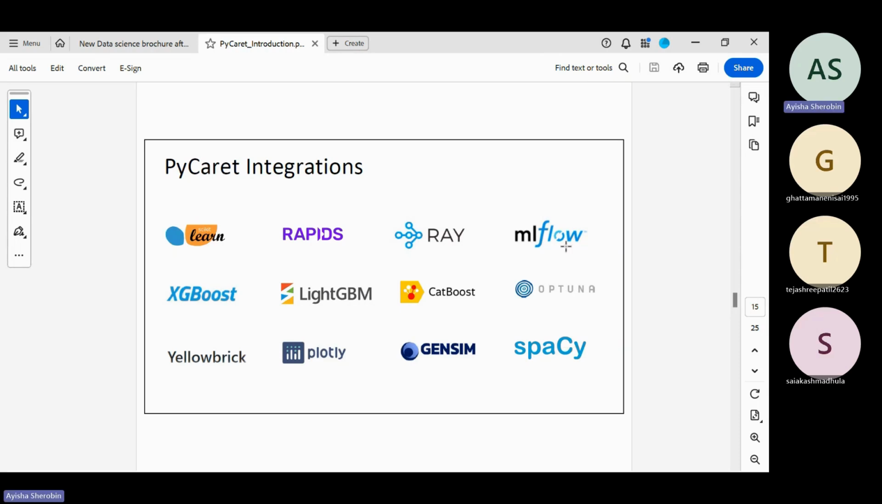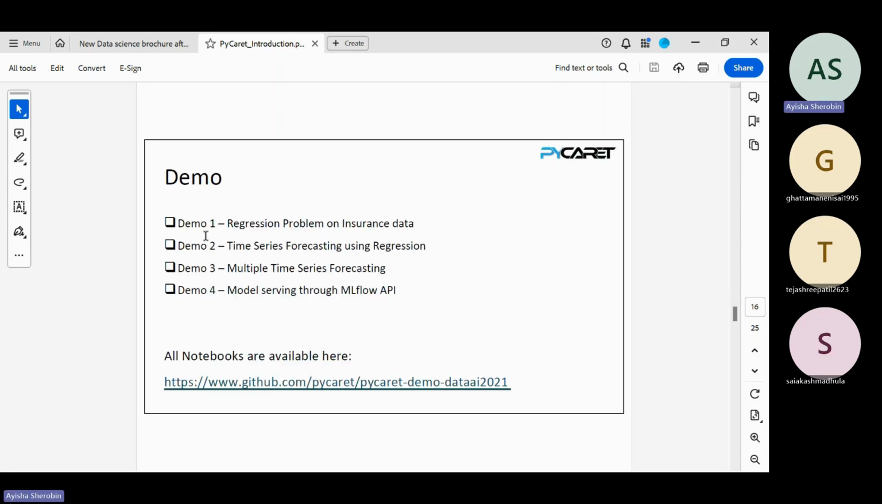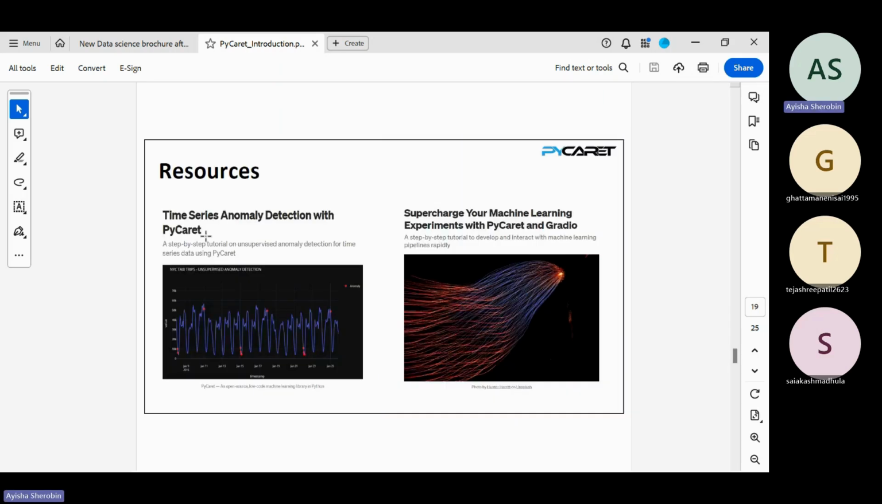MLflow for model versioning, and you can see CatBoost, Optuna, Plotly, XGBoost, and most of scikit-learn. These are commonly used packages for machine learning. So you need to understand how PyCaret is going to help us integrate with these. And coming to PyCaret usage, I need to go to